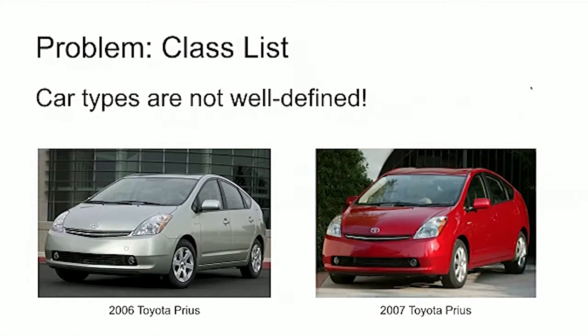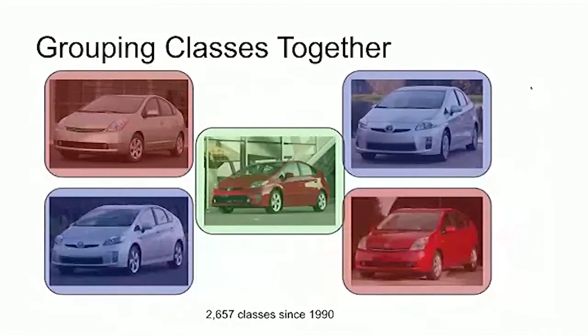In our case, you have 2 examples, a 2006 Toyota Prius and a 2007 Toyota Prius. And do these look the same or do they not look the same? I think in this case, they look the same. We don't consider color to be a different attribute of a car. We don't care about whether or not the car has different colors. And so the first step in our analysis, here you see there are different types of Toyota Priuses,